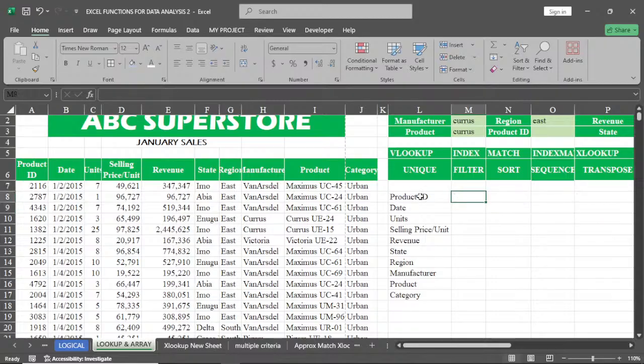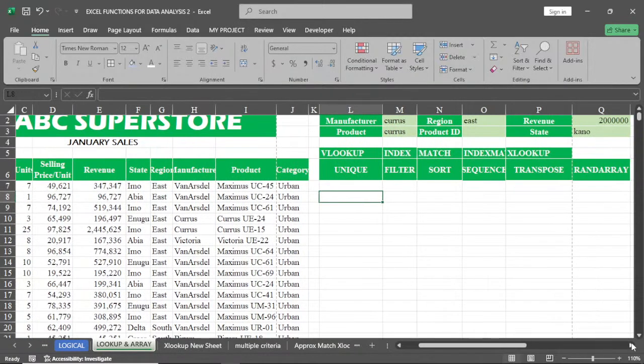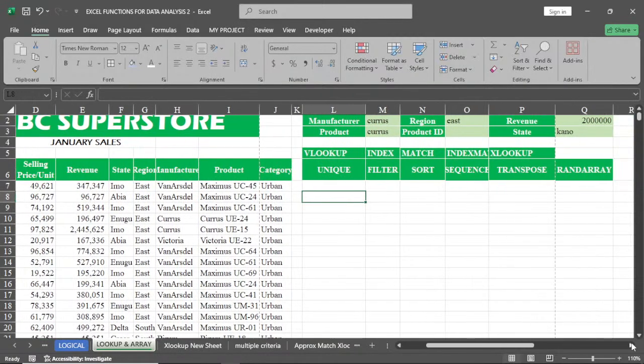Let me delete that. Let's move forward to the rand array. Rand array is another array function. I use rand array to